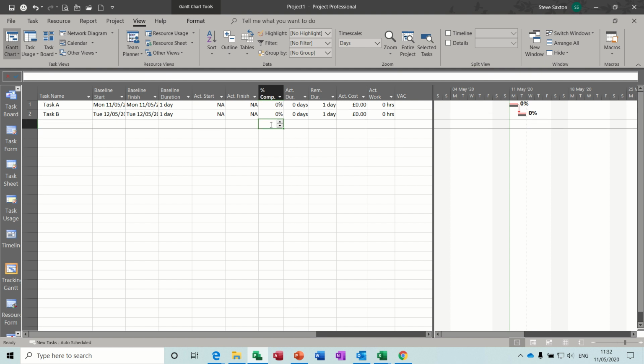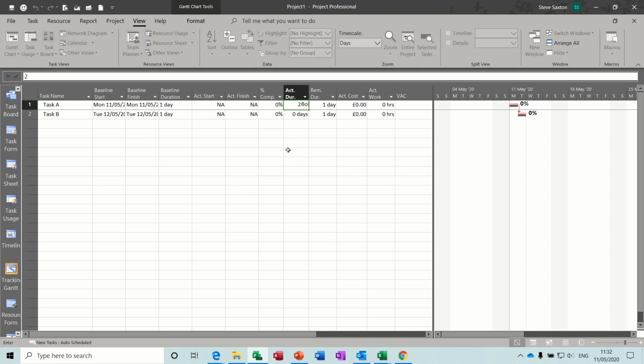There's a more accurate way of doing that, which is to put in the actual duration. So the actual duration, say for this one, was 1 day planned, but let's put 2 days. Now when I put 2 days in there, it automatically fills everything in. If I just put that back to 0,